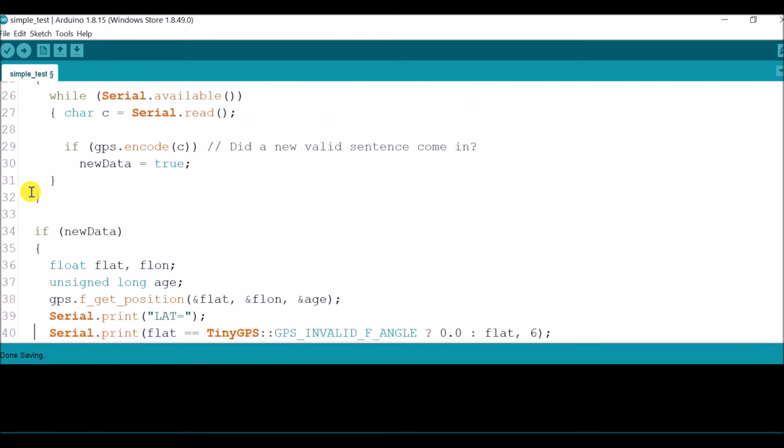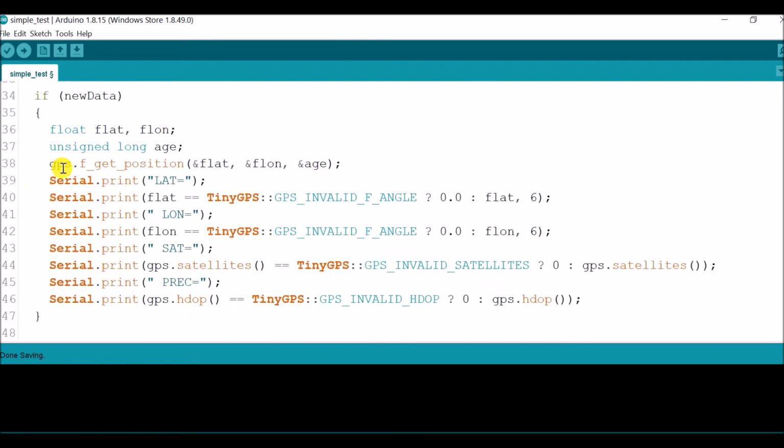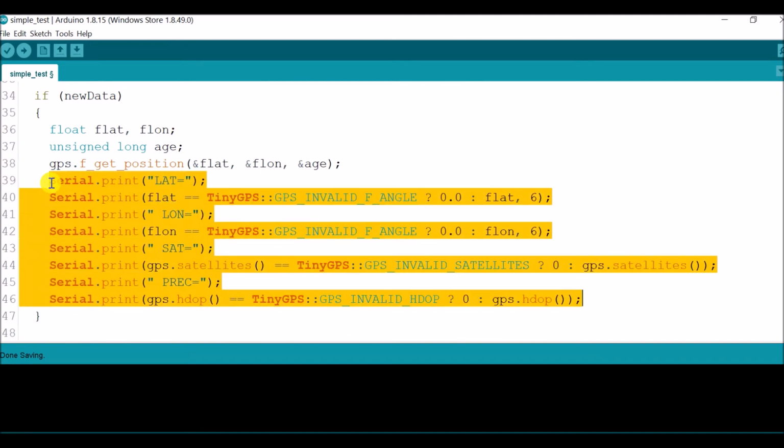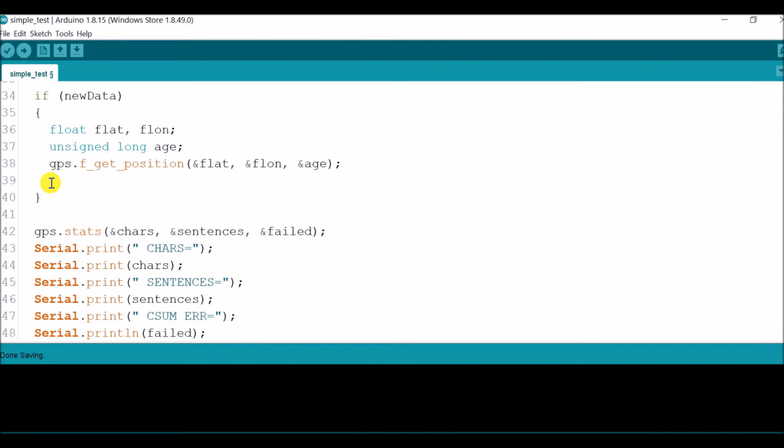Now I will come down, and here I will remove all these lines, and I will just type lcd.clear to clear the LCD.